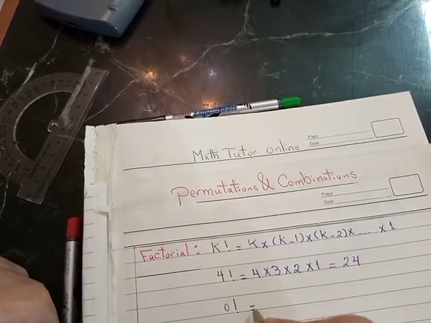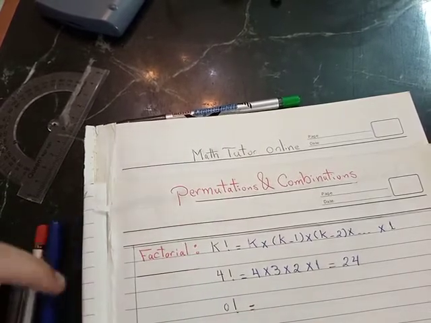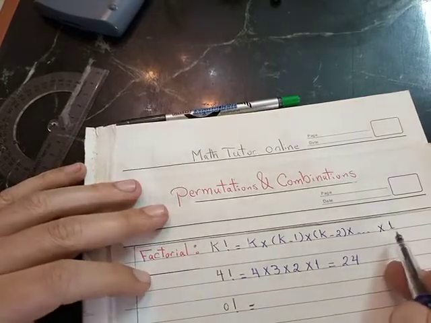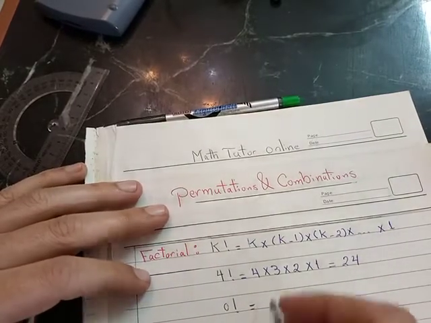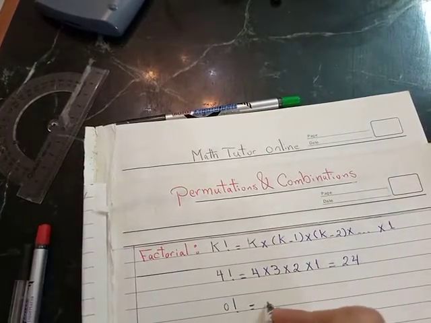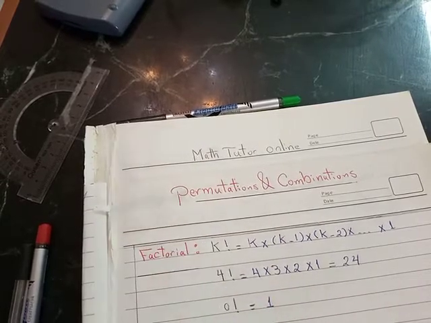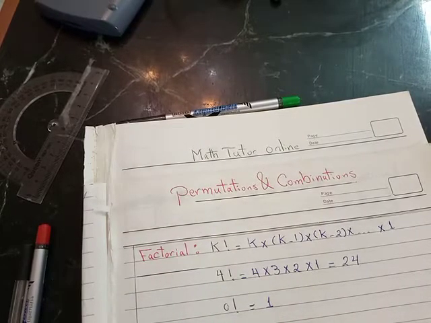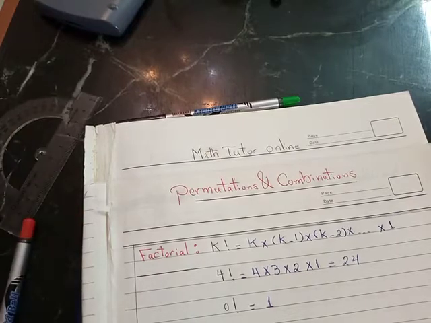Actually, the factorial of 0 can never be 0. We said the smallest factor can be 1. So that's what we can write for 0. The smallest factor is 1. We cannot write more than that. So factorial of 0 equals 1. Since we studied this already, let's move to